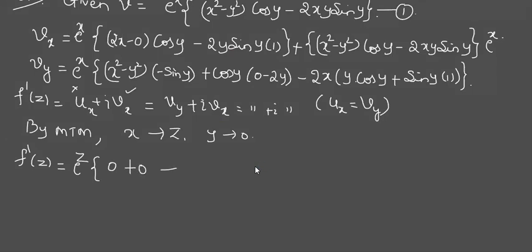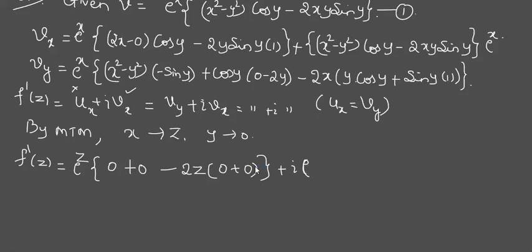Here, outside you have 2z, no problem. Here it is multiplied with y. So what happens to the term? 0. Again sin y is present and sin 0 is 0. So actually, what happens? The entire Vy is 0. You can just observe, the entire Vy is 0. Plus i into Vx, which is this part. Let us substitute.